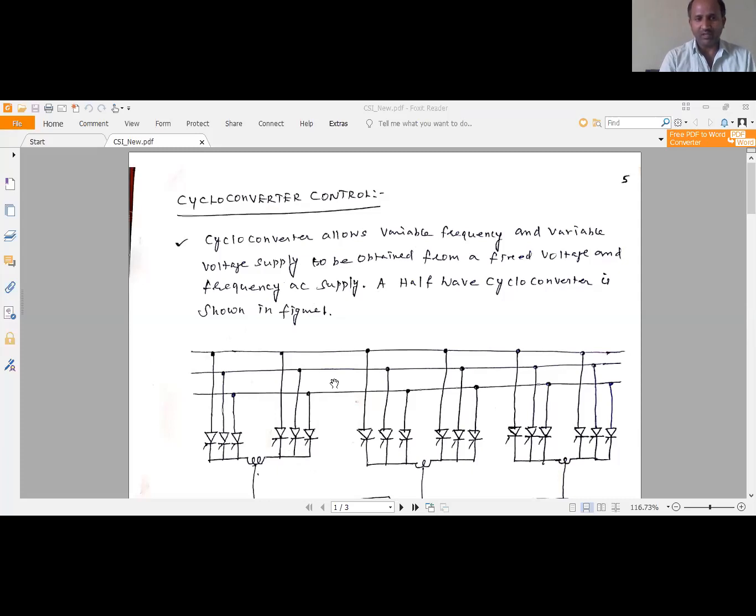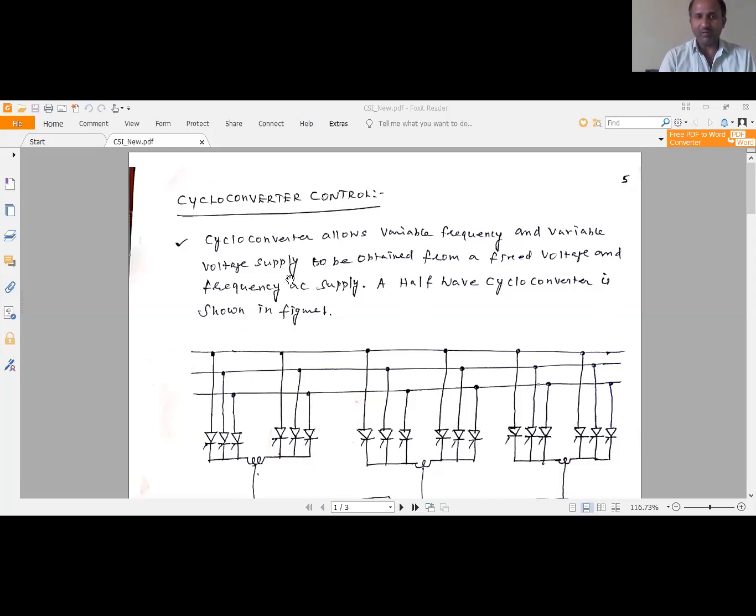Earlier we used transistors for constructing a voltage source inverter, whereas here the cycloconverter, that is the current source cycloconverter, we have constructed using thyristors. So the cycloconverter allows variable frequency and variable voltage supply.